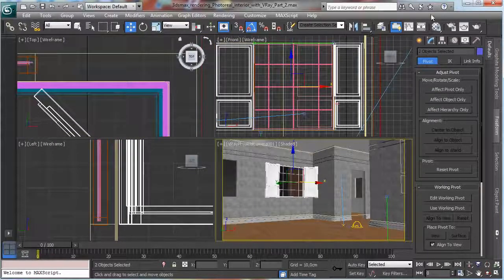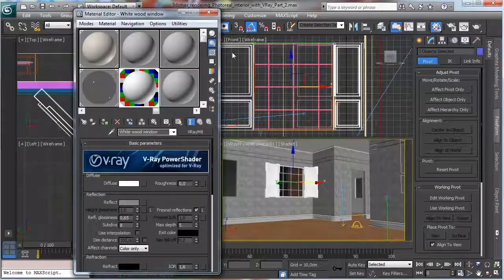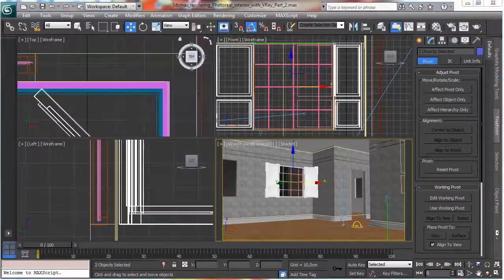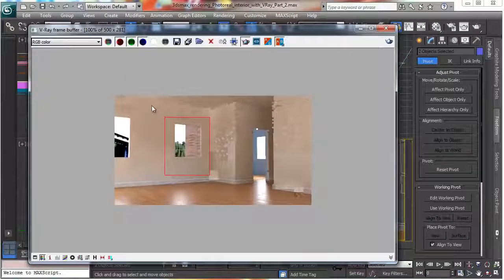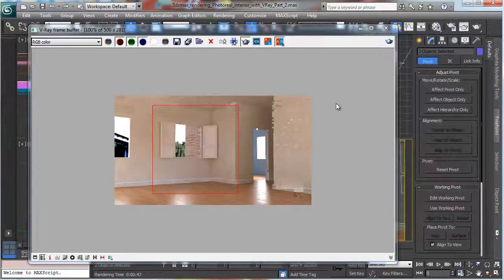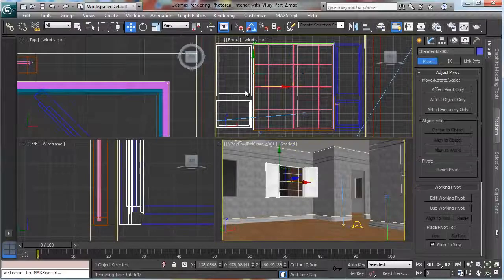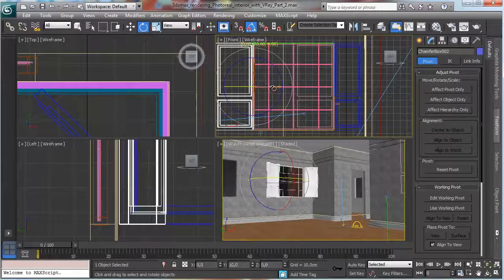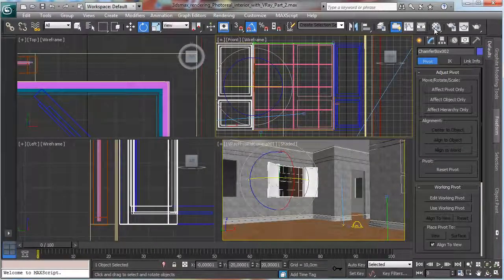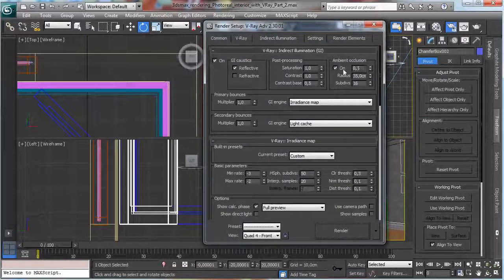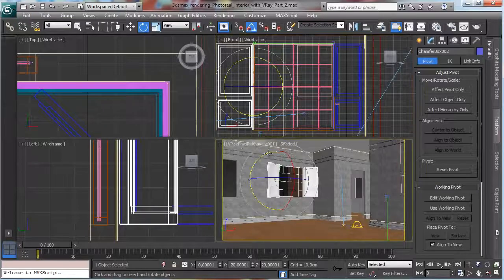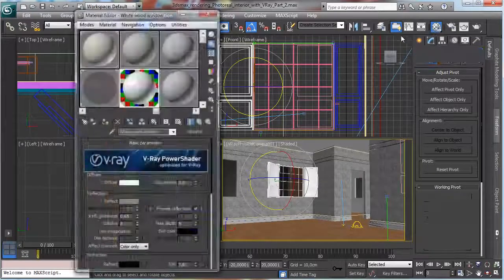I like to see how it is working, so let's go in the renderer and let's render this area. Okay, let's change something more. So we go on this one and we rotate it a little bit. Still I like to have maybe let's remove for the moment the ambient occlusion, and then there let's try to